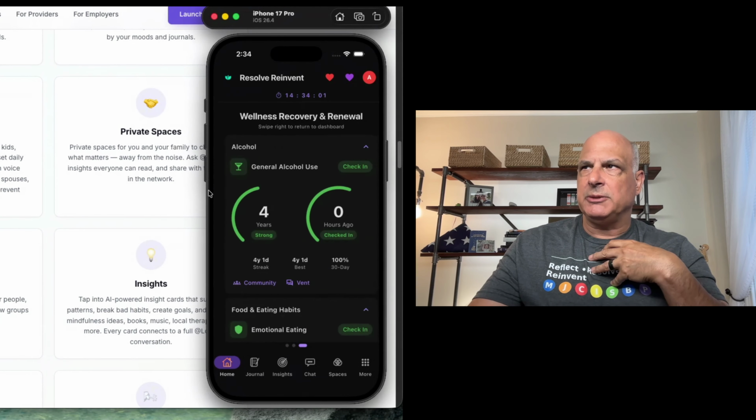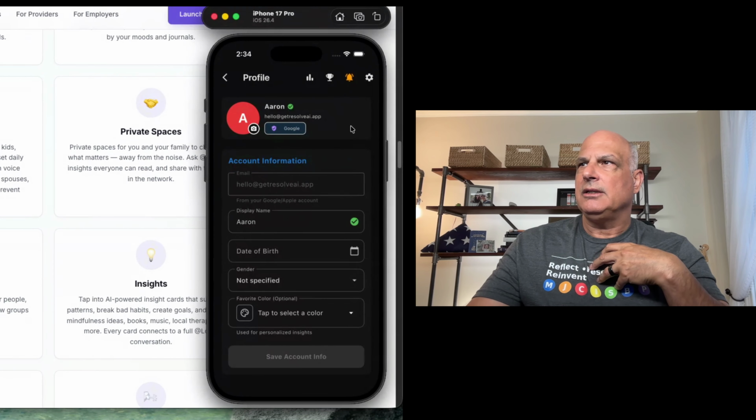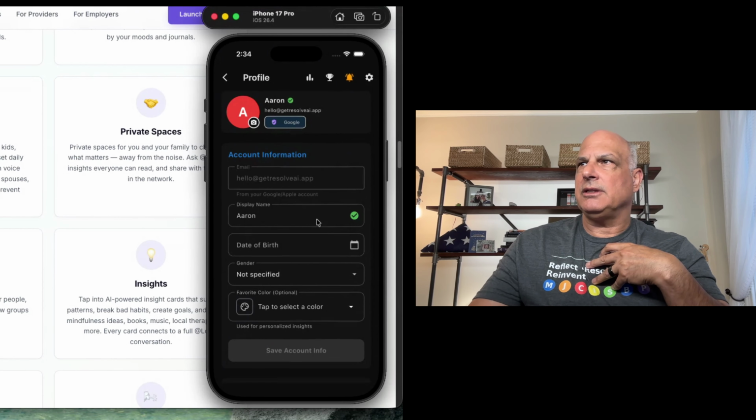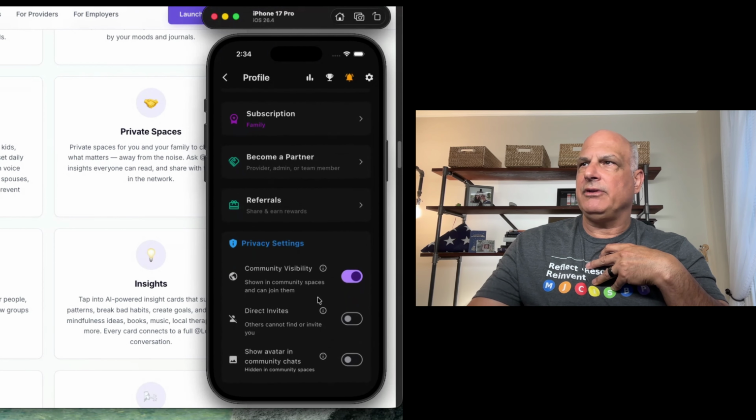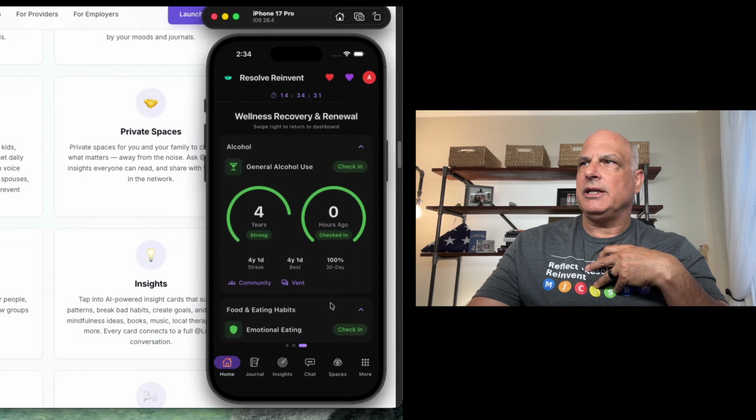We just added alcohol, food and spending, and it gives you a countdown timer as well, so you can see all that. We went into some of the settings earlier, like all your privacy settings in here and your subscription status, right? And then when you first get into the app,